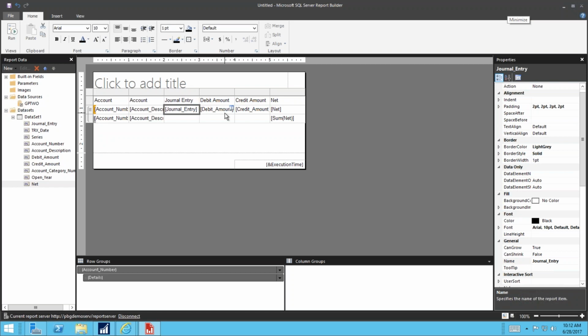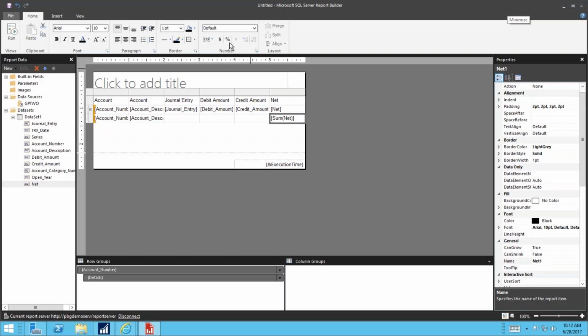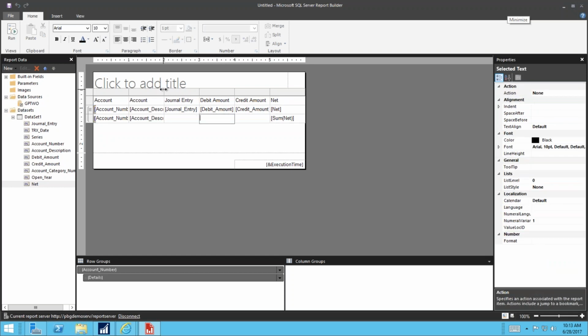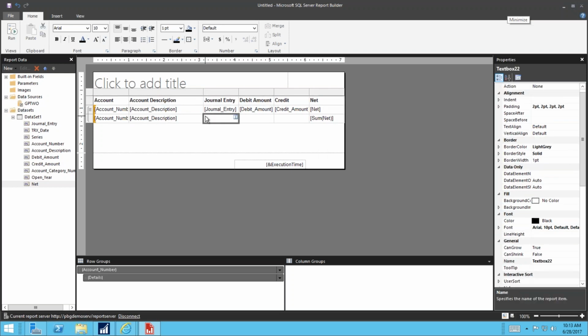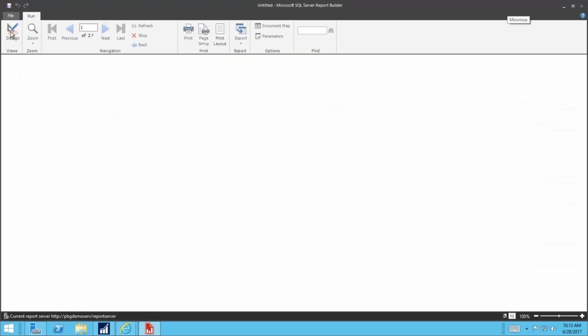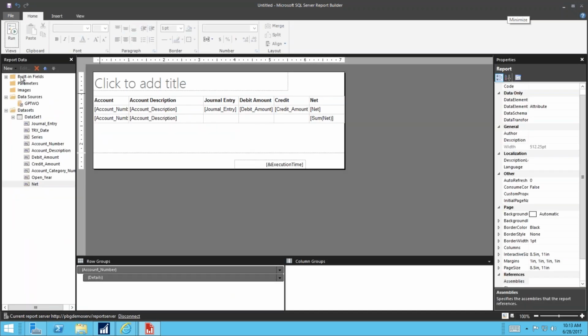So some of the things you can do is I can change the formatting. So I want this to be dollar, this to be dollar, this to be dollar, this to be dollar amount. I'm going to make account description a little wider. That bold. So one of the things is right now if I run the report, I see all of the accounts. I'm going to add a parameter to this report that says I want to select a specific account and see the detail. So to add a parameter, what I'm going to do is right click on parameters, button here, say